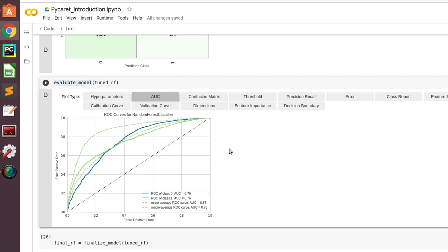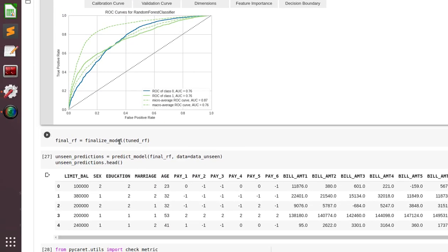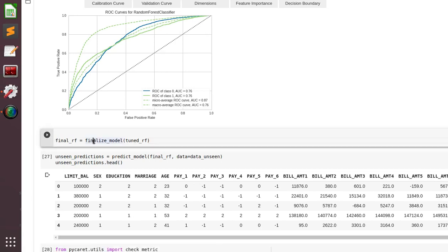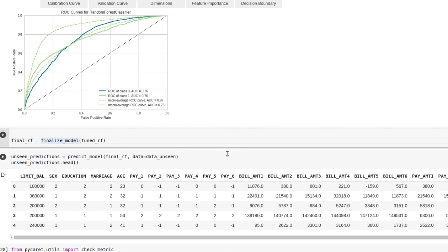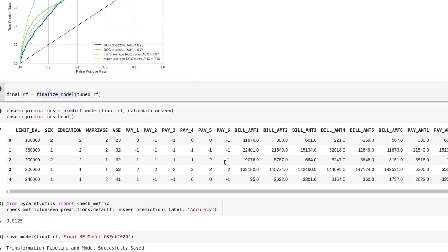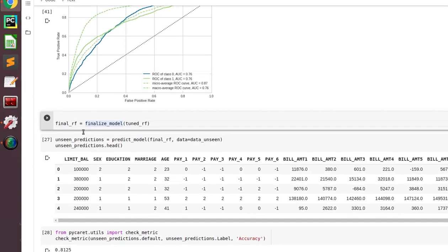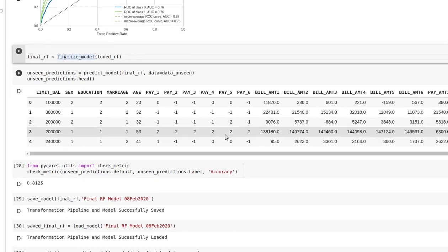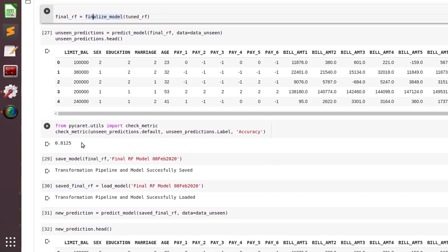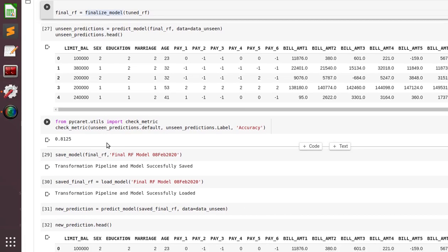Okay. The next part is finalize model. Finalize model is a function which lets the machine know that this is the final model we will use for prediction. After finalizing the model, I predicted on the unseen data set, and when we compare, we get an accuracy of 81.25%, which is actually good. And you can also save the model.